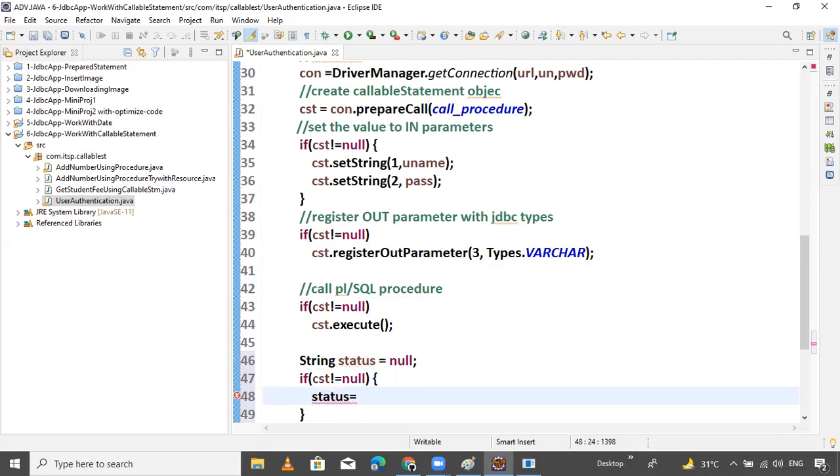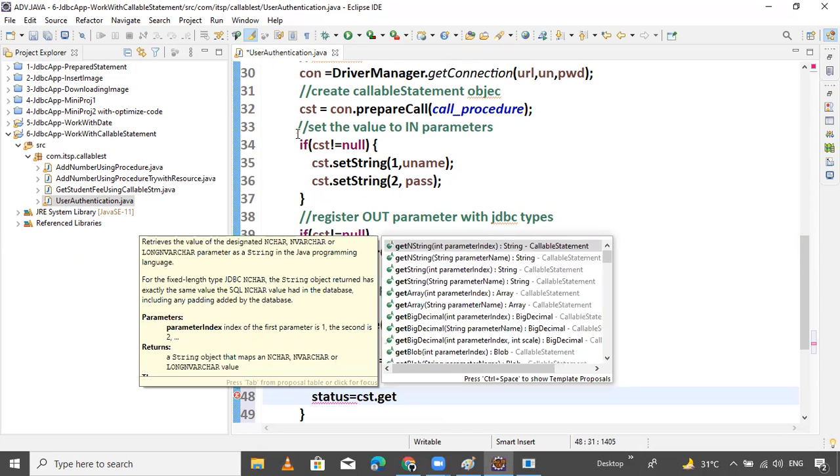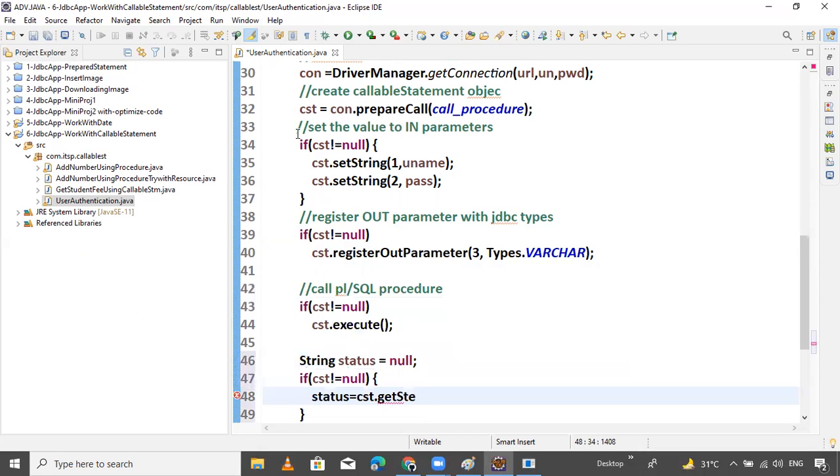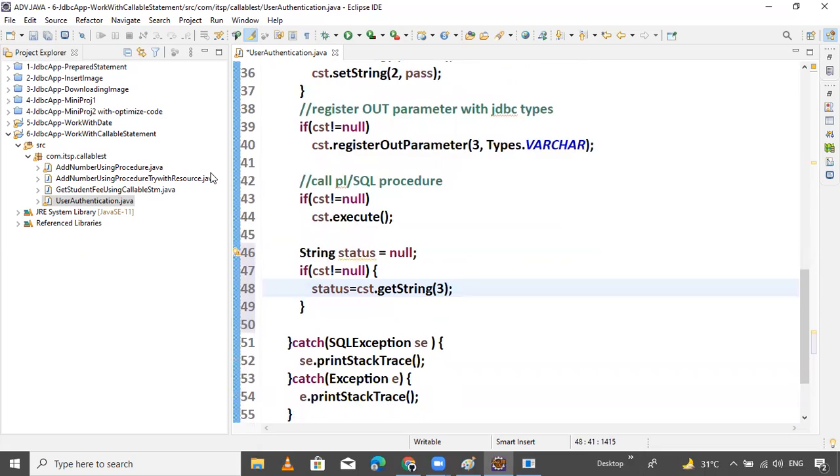What is the output? It comes from parameter 3. Just write CST dot get string, passing the index number 3. That's it. Now the result will be stored inside the status variable.